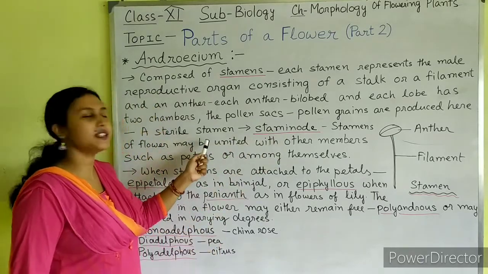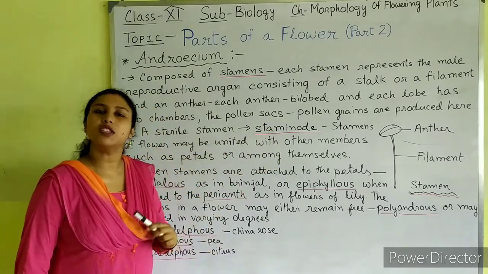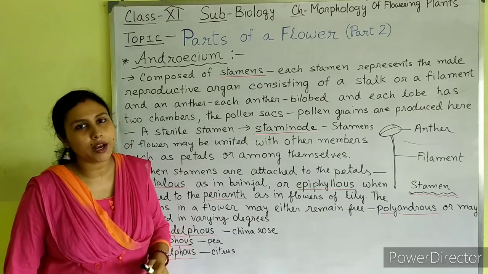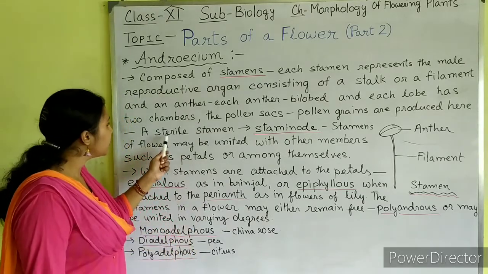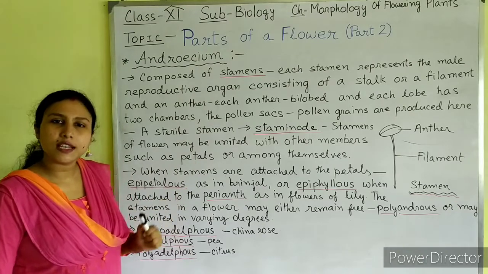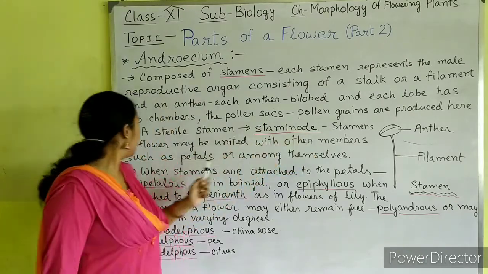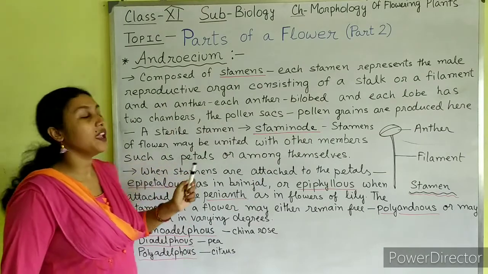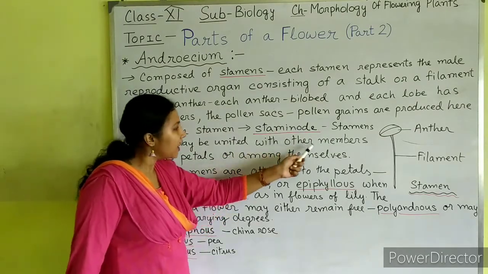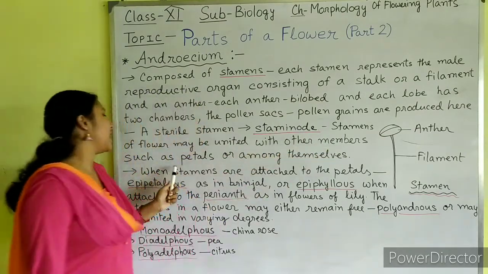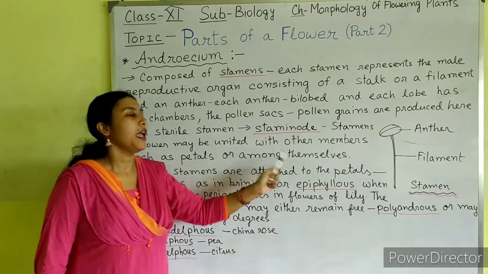What is a sterile stamen? A stamen which does not produce any pollen grain is called a sterile stamen, known as staminode. Stamens of a flower may be united with other members such as petals or among